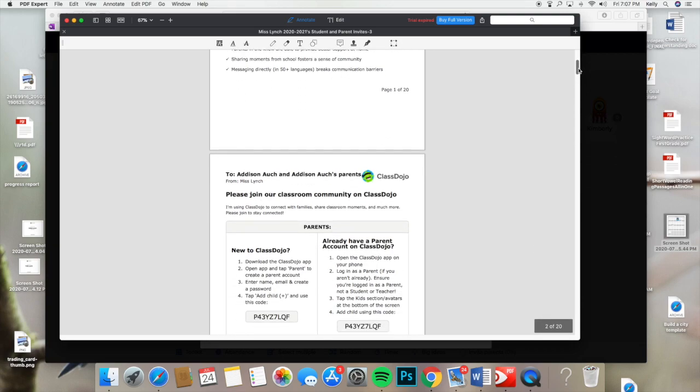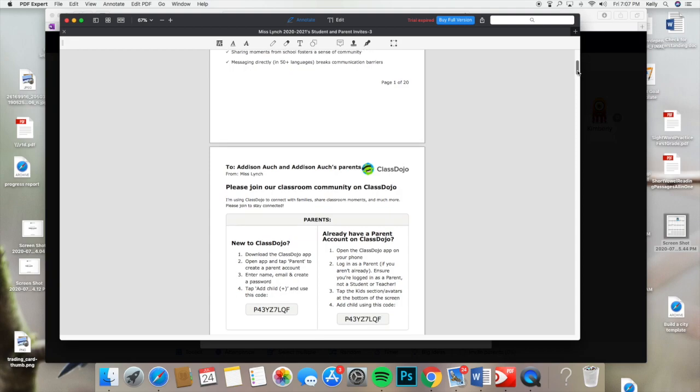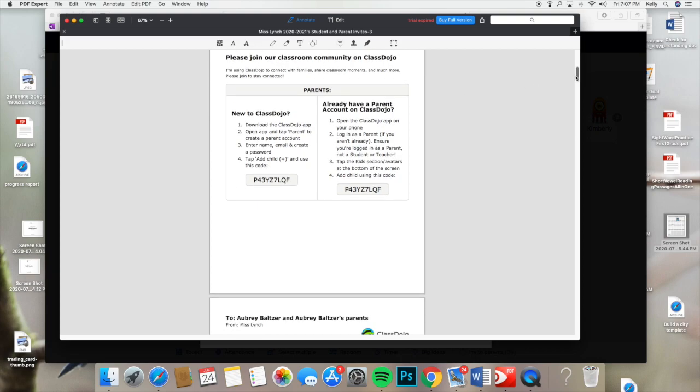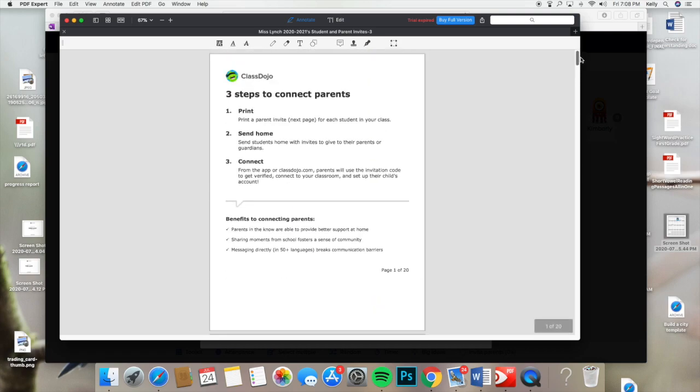So make sure that when you put your packets together at the beginning of the year, your back to school packets, the right invite is with the right student. And when the students go home, their parents will go ahead. It's the same code, whether they've been on there before or not. Your parents will use that code to sign up, and you will immediately